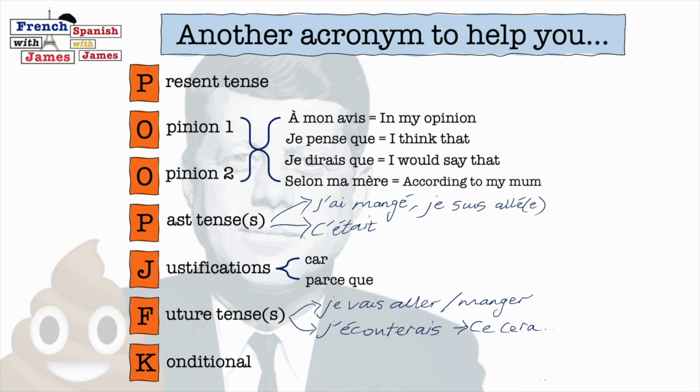Using your future tenses, the simple future or the near future, and then finally making sure you throw in a conditional, which could just be using je voudrais with an infinitive, or using je dirais que or ce serait, it would be. The final section, section 3 of the higher GCSE French exam, is